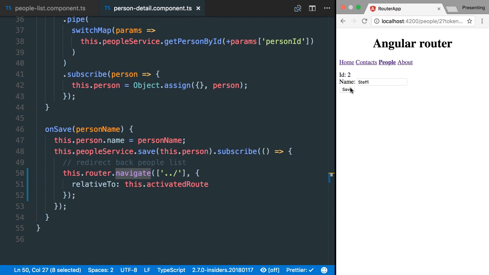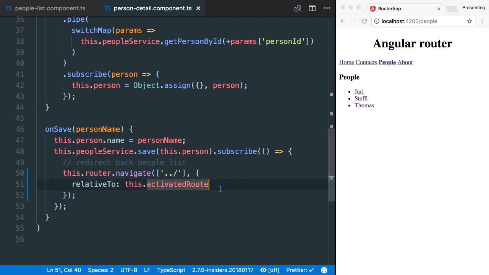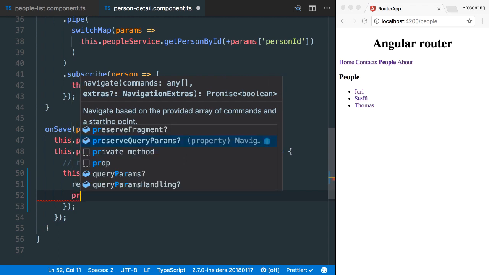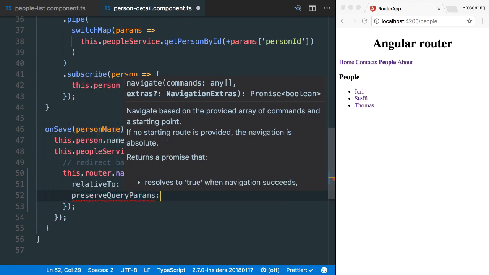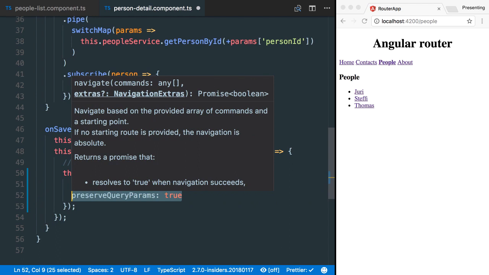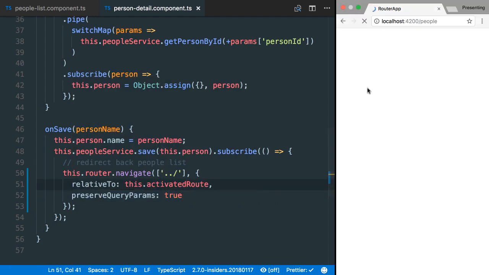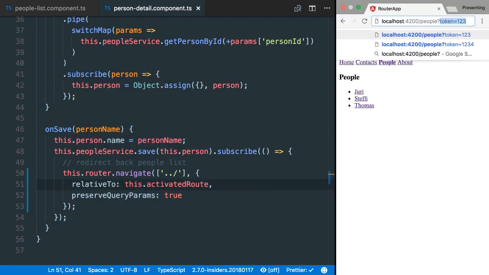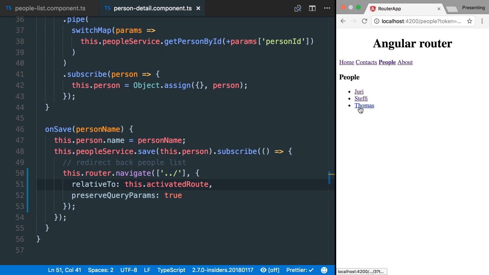Now again, if we click that save button, you can see how we lose that token query param again. So similarly, here we also have to give the router the corresponding information and tell it to preserve our query params. This is a simple flag which you can set to true. Now let's try again. Let's add the token 1, 2, 3. We navigate to the detail page. We see the token remains there. Then we click and we see we get redirected and the token is still there and gets carried on to